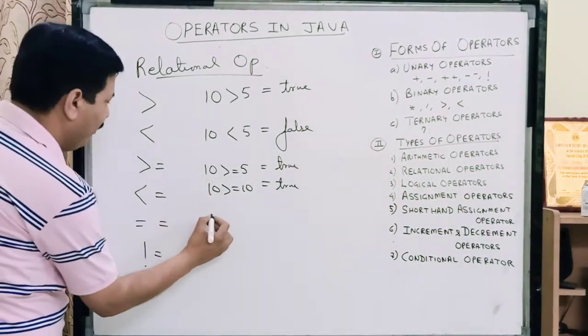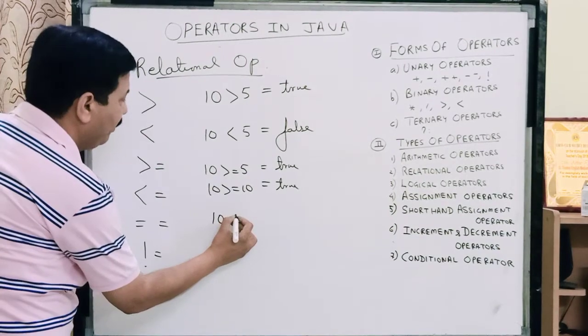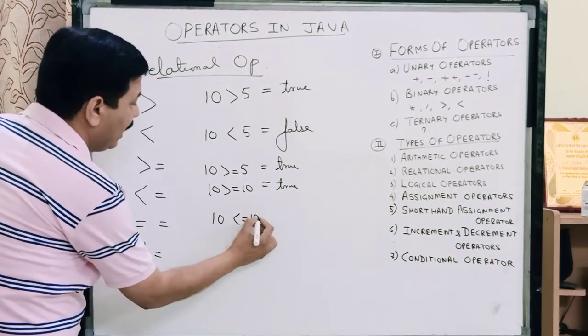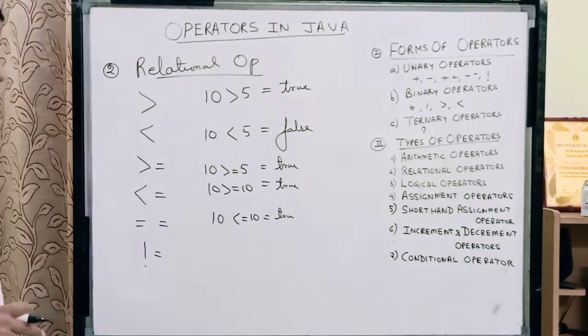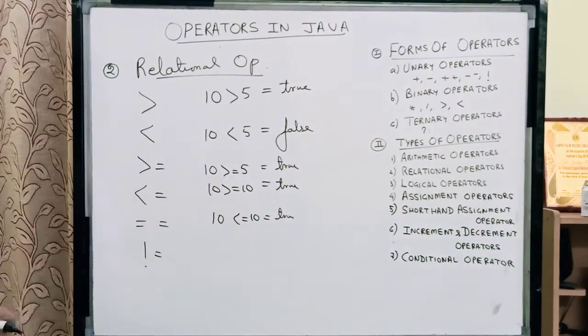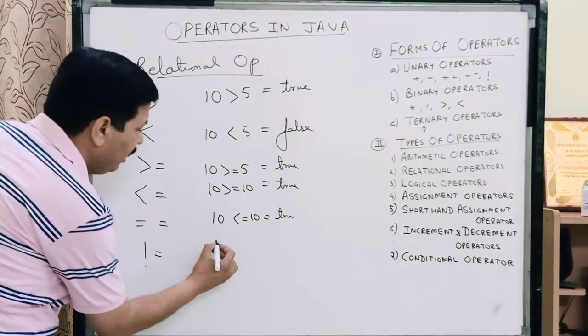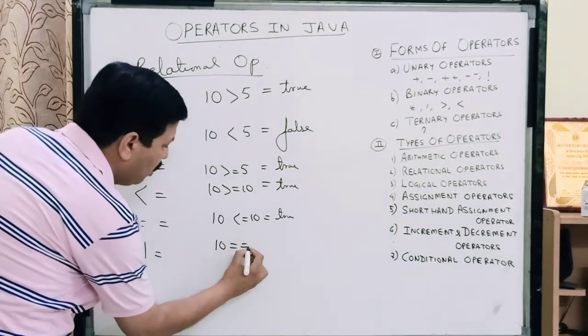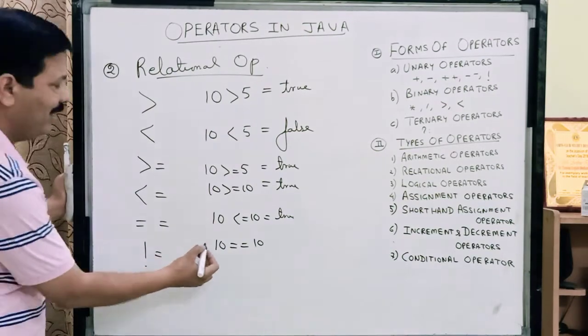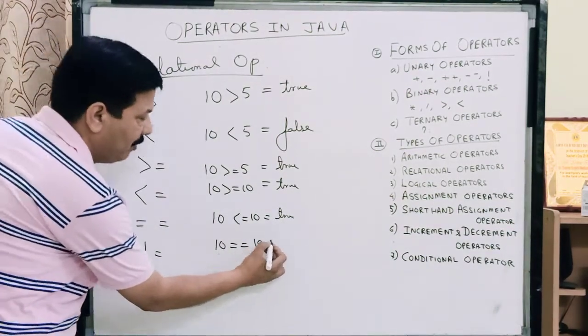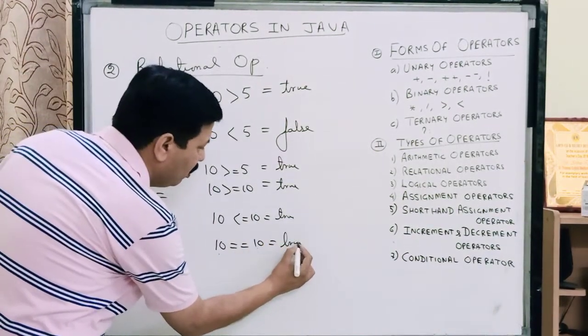If I apply the same thing here, is 10 less than equal to 10, again the answer will be true, because 10 is equal to. If it had been less than, the answer would also be true. And children, 10 is equal to 10, the double equal to sign, is checking for equality. It checks whether this operand and this operand are the same, so it returns true.